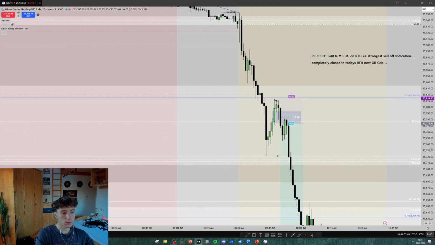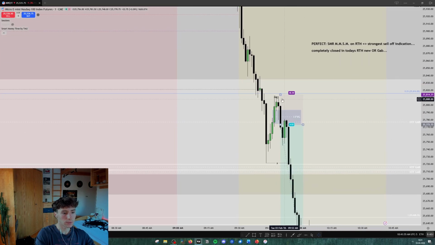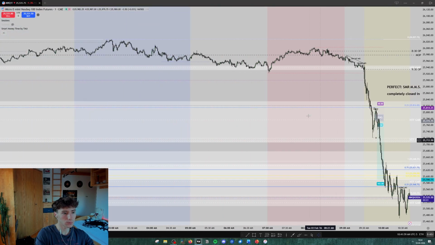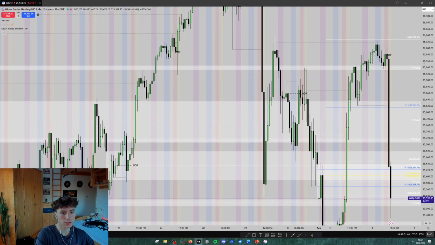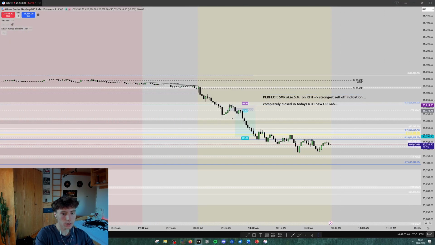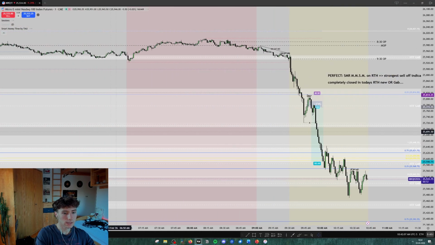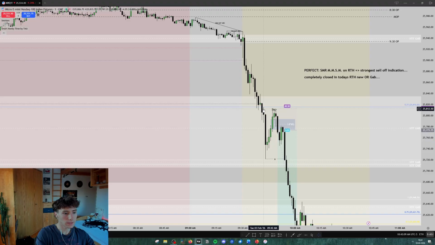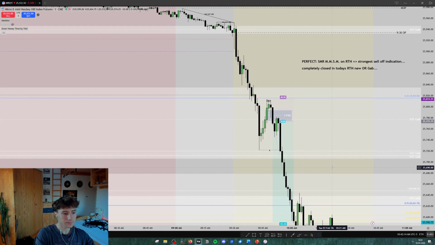But what I was really looking at is the fact that we right here failed to reach the upper quadrant of the price range. As you remember, I measured from the low to the high price range. Right here is the upper quadrant. So back to the 1 minute chart. What we see is we reacted to it right here. Right here we failed to reach it, and therefore we expect that we have